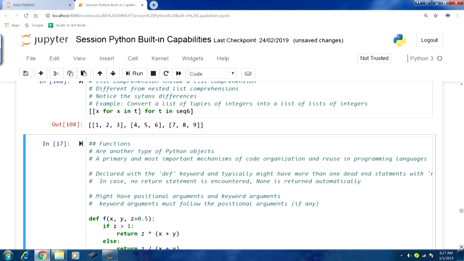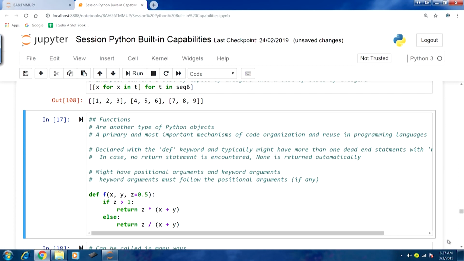So, this was about list comprehension. We have covered most of the data structure aspects: tuples, lists, dicts and sets, and now the comprehensions as well. Now, we will move to the next important aspect in the Python language, that is functions. We have been using functions a lot in our previous lectures. This time we will cover them in slightly more detail, because some of the aspects related to functions have already been discussed.